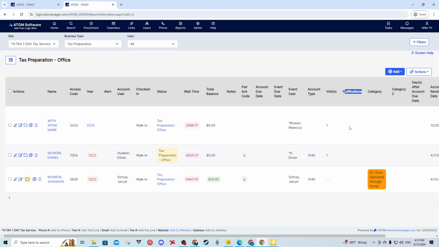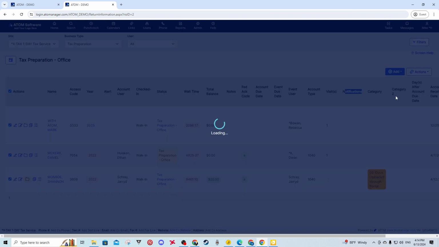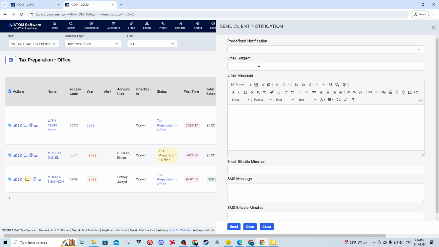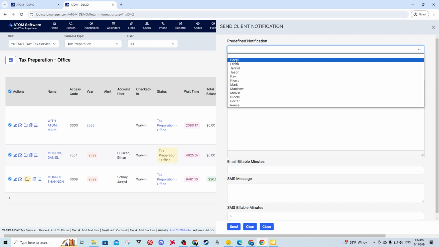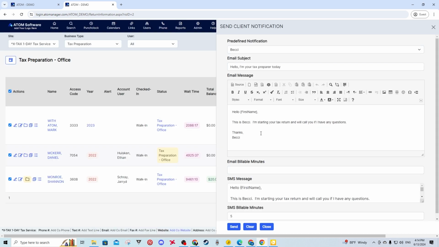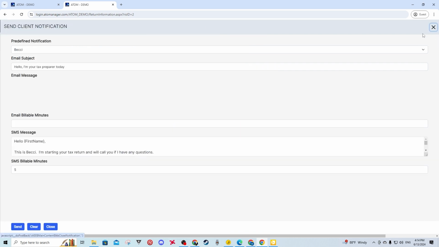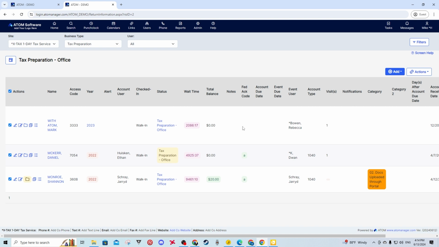But if we want to manually send one out to them, what we can do is we can click our checkbox right here to select our clients. And then we have our add button in the top right. So if you click on add, predefine notification, this will pull up that same menu that we saw inside the client file, where we can then select our messages to send out to the client. Like if I want to say, just choose our Becky one. This is one we have set up where this is going to be Becky telling them that they are doing their tax return. So that is how you do it from the home page, and that is the client notification from the